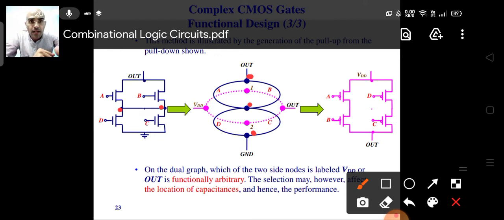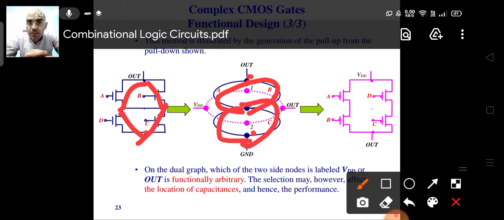So you see, these are the nodes for your pull-up, pull-down network, and to each of these nodes we'll connect the links. The links or the edges are each of the transistors. You can see that there is an edge between these two nodes, and there should come an edge between these two nodes. So this is your A, this is your B, and then between this point and this point there is a transistor D, and between this and this point there is a transistor C. Now this is what you got, and from each of the extreme nodes you take the output and the ground. So this is what you do.